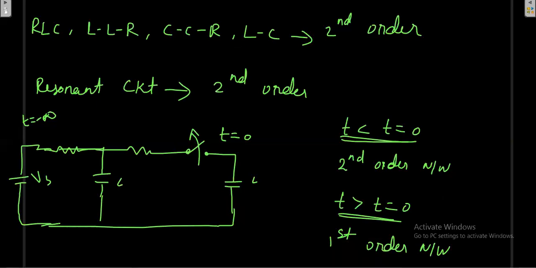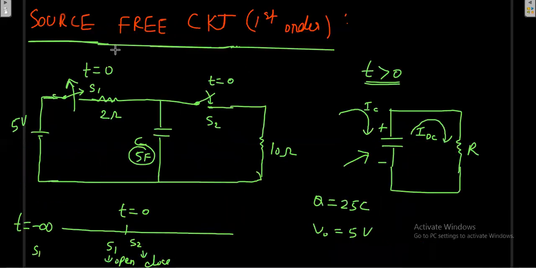Okay. So next, we take the source free circuit. That too is a first order circuit, because if a source free circuit is of second order nature, then that comes under the resonant concept. For a source free circuit, we take the first order. That means it consists of either a capacitor or an inductor along with the resistor. At a time we will have one inductor and one resistance, or one capacitor and one resistance. First of all, how the source free circuit is working. Say for example, I am having a 5 volt source.